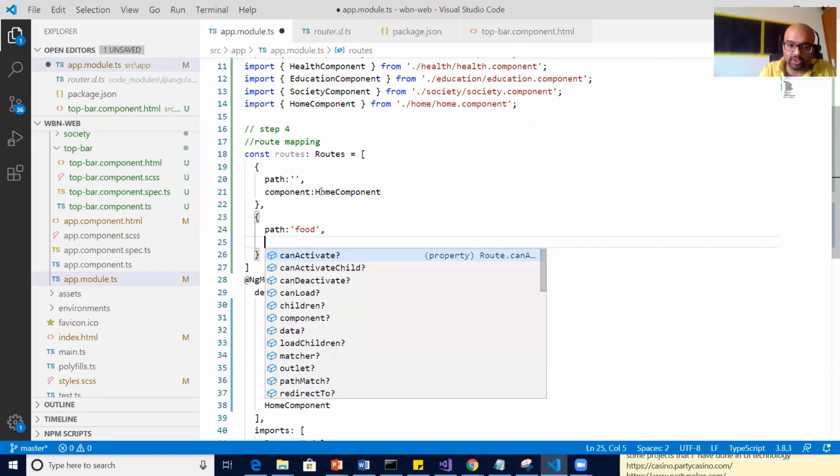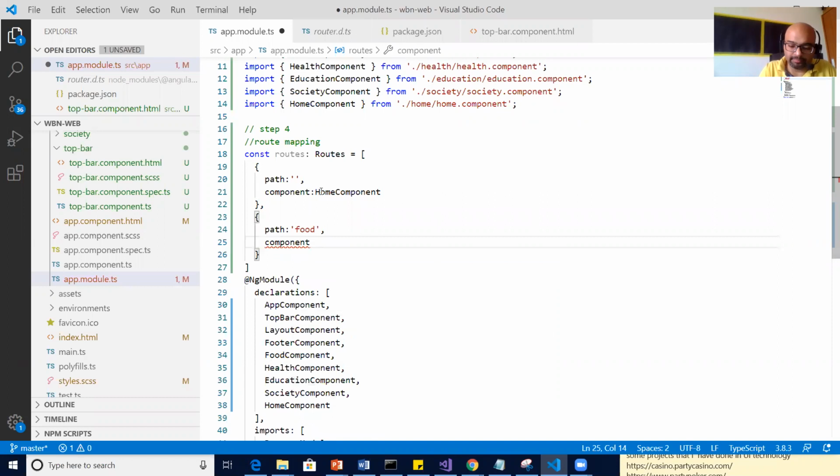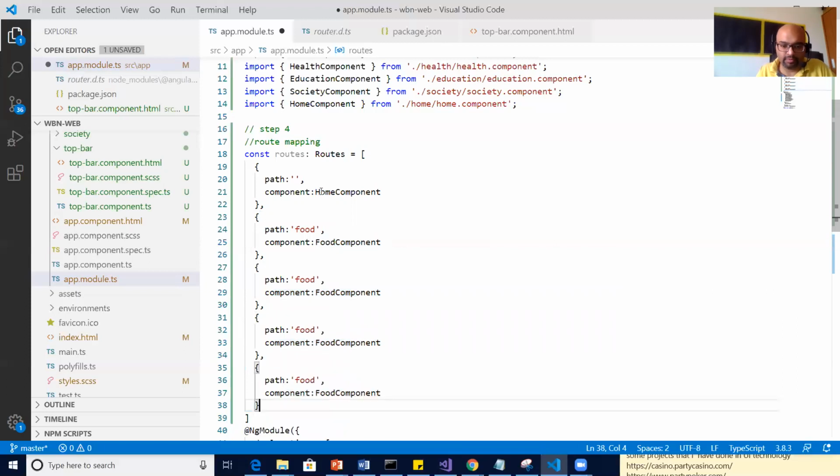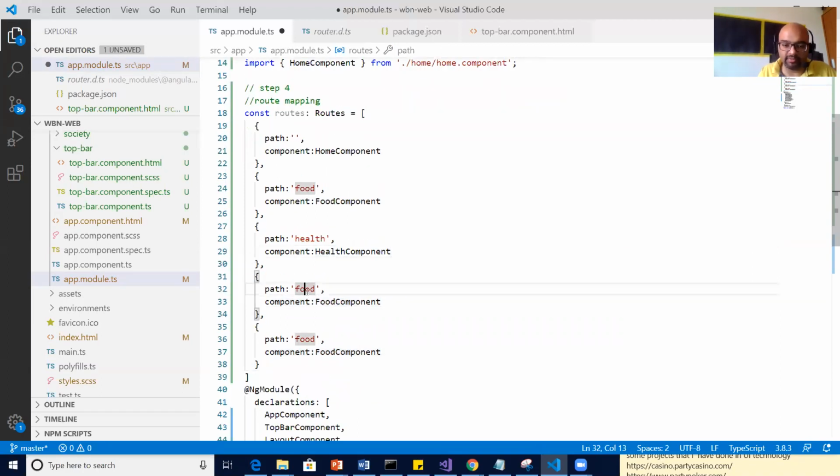Very simple, throw the food component. Similarly, in the interest of time, you don't do copy paste, guys. It's very risky. Sometimes in a live session like this, I do copy paste and then I need to do double work.